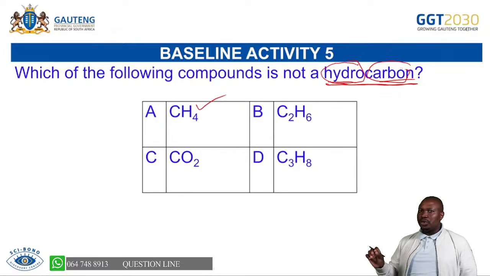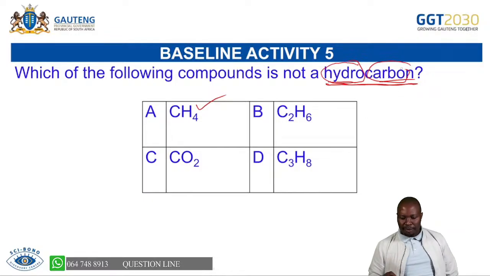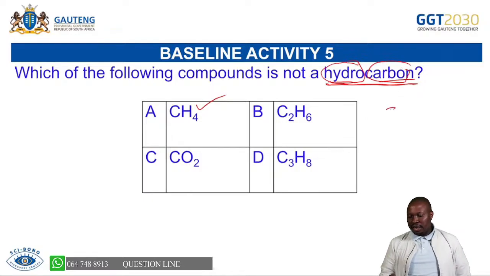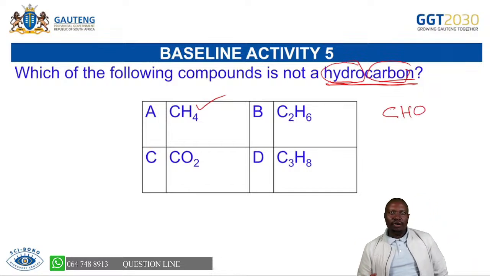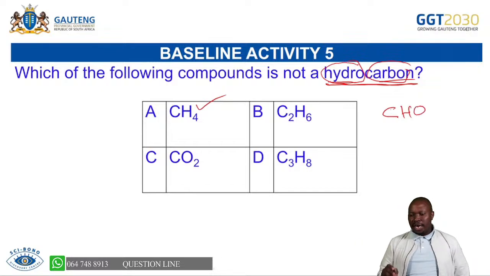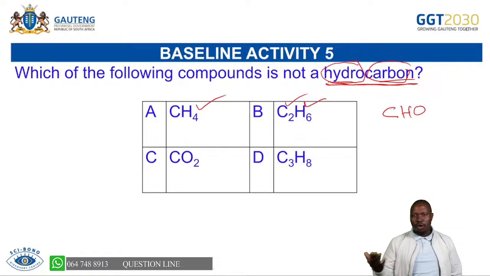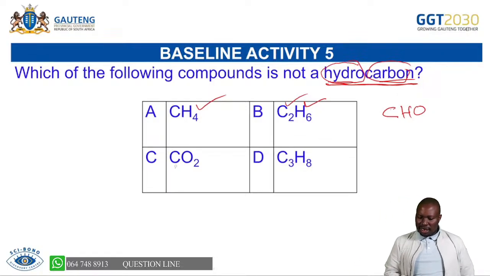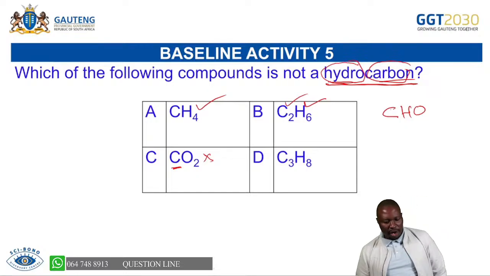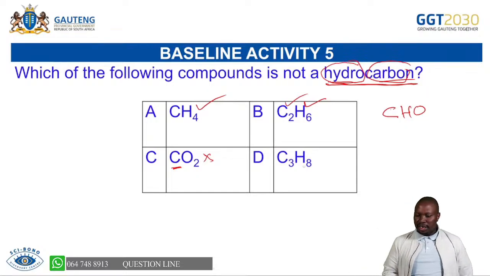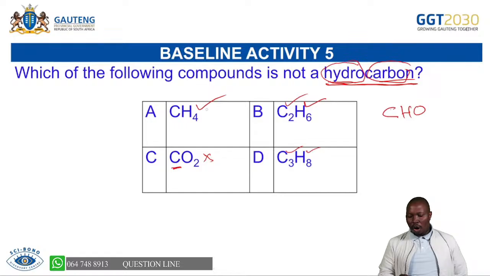Hydrogens and carbons only. Remember, the "only" is very important, because if you have a structure that has a carbon, a hydrogen, and an oxygen, you can see that it's no longer a hydrocarbon, because a hydrocarbon must have carbon and hydrogens only. Hence, number B qualifies to be a hydrocarbon. Number C has no hydro, so it does not qualify to be a hydrocarbon. But if you look at option number D, it's made up of hydrogens and carbons. So all these, they qualify to be hydrocarbons.